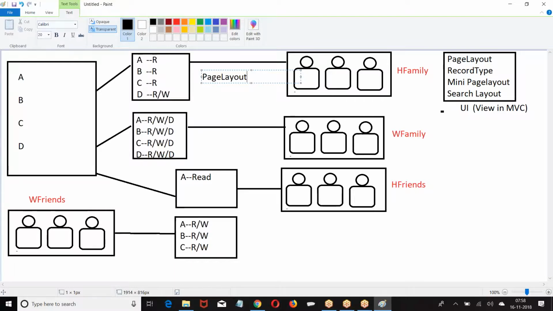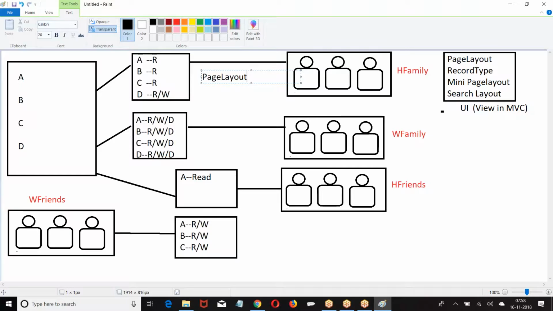When I open an object, how the object should be visible, which fields I can see, how I can see, that is controlled by page layout. Page layout says how an object is visible to the users.